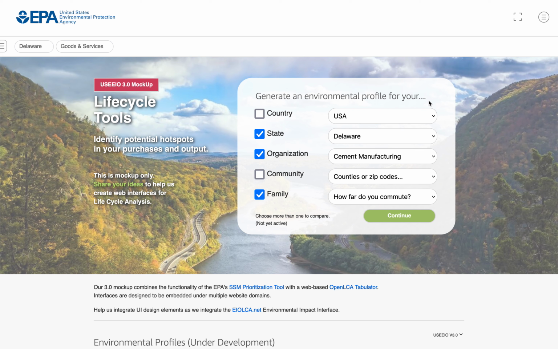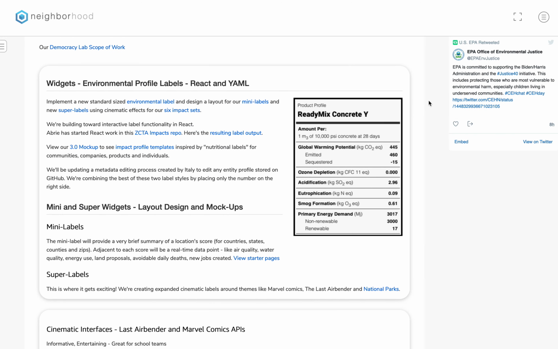USEEIO data. USEEIO stands for the US Environmentally Extended Input-Output Model. And lastly, we're looking at creating impact environmental profile labels. So these would apply for communities, organizations, individuals, and products. We're using the buildingtransparency.org API to provide our backend product feed and mapping that data so you can look at